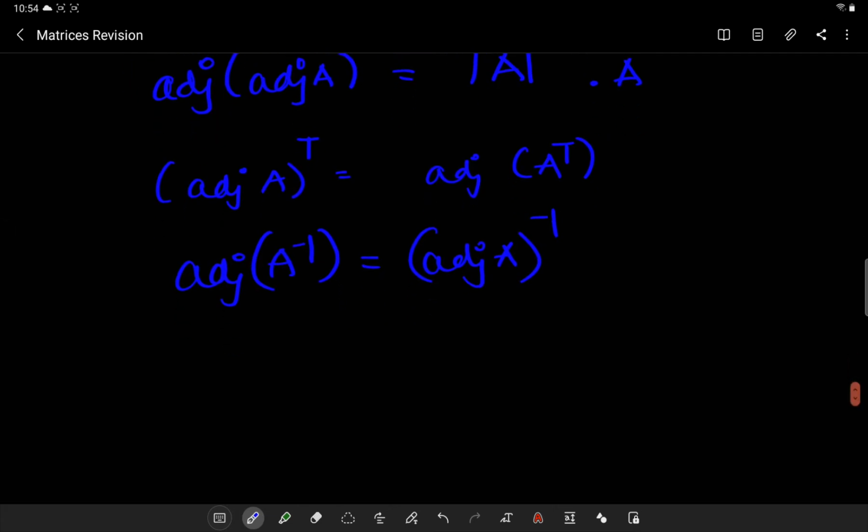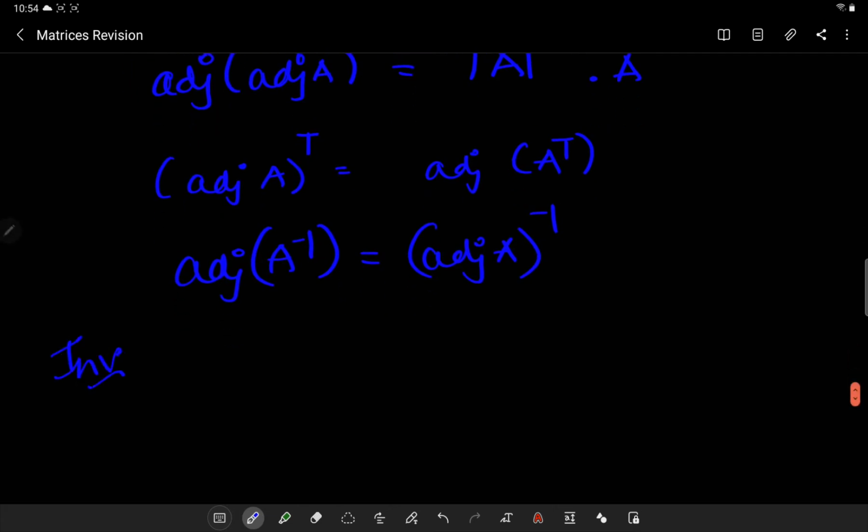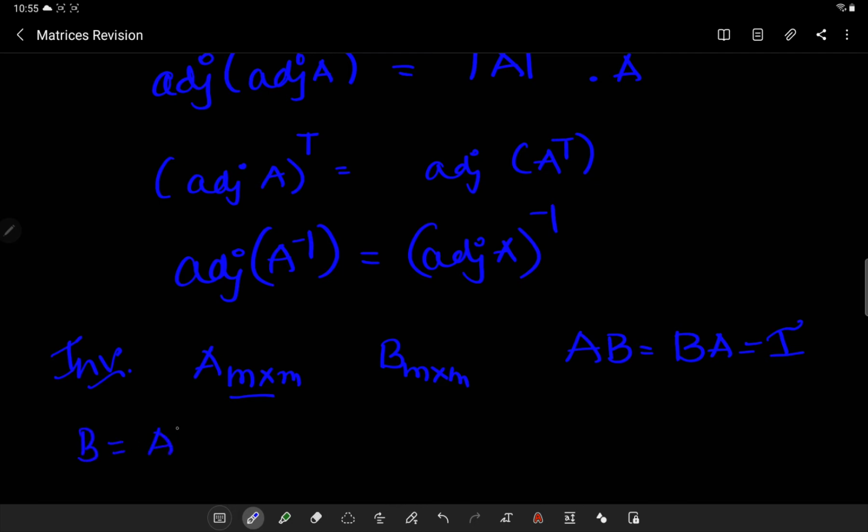Now inverse of a matrix, this is also a very important concept. So a matrix A, square matrix, and if you have another matrix B such that the product AB is equal to BA. Now if this is equal to an identity matrix, I can simply calculate B is simply A power minus 1, or A is equal to B power minus 1, or B inverse. So to calculate this A inverse, I have a formula 1 by det A into adjoint A.